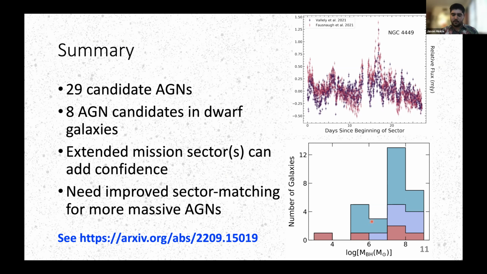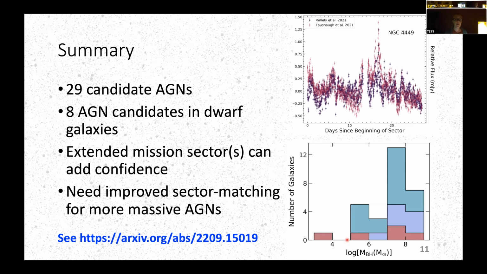So none of these are directly measured, or very few. Basically, we're taking either the best estimate available in the literature, from velocity dispersion or something like that. But in many cases, we're just taking host galaxy scaling relationships to estimate the black holes. So that's clearly a direction of future research: to take these candidates and try to measure a better black hole mass than just taking some sort of total stellar mass estimate from the photometry and using a scaling relationship to estimate the mass of the black hole.